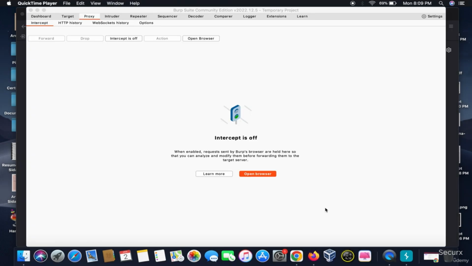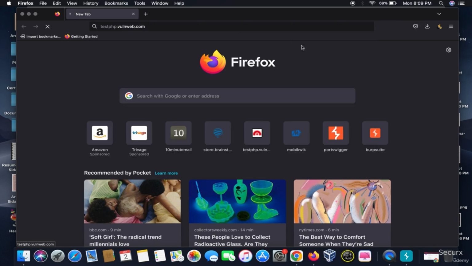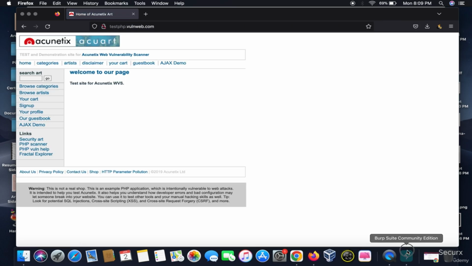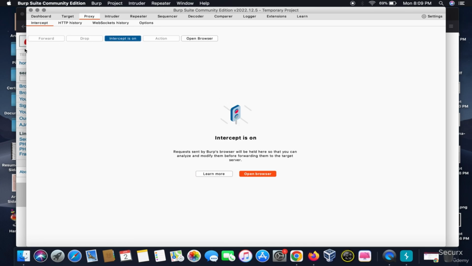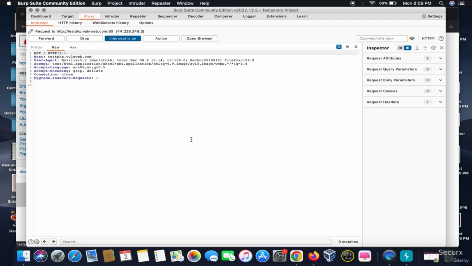Now a brief look at how Burp Suite works. So this is the intercept tab. When we click on proxy, then go to the intercept section, here you can intercept all the traffic. Let me go to a test website, testphp.vulnweb.com. Got it? Once I turn the intercept on and refresh this page,